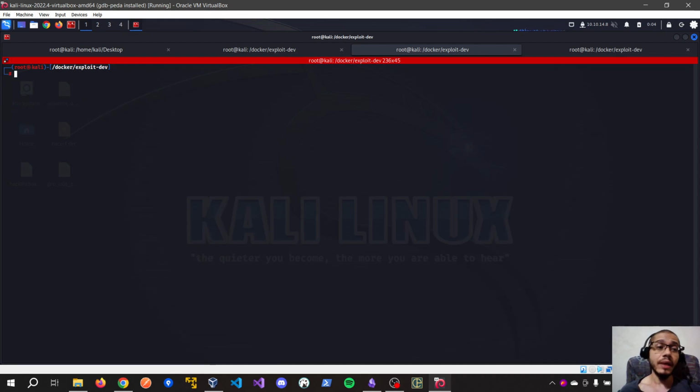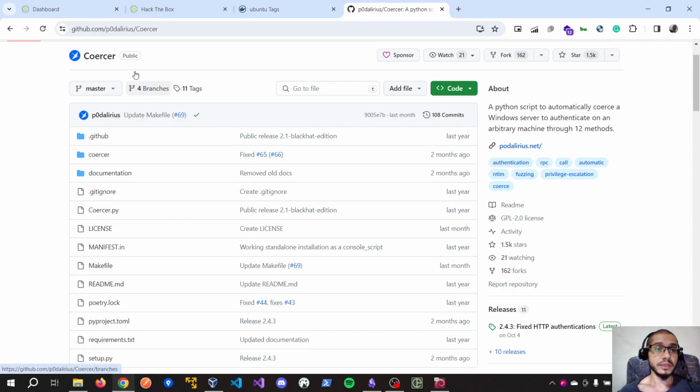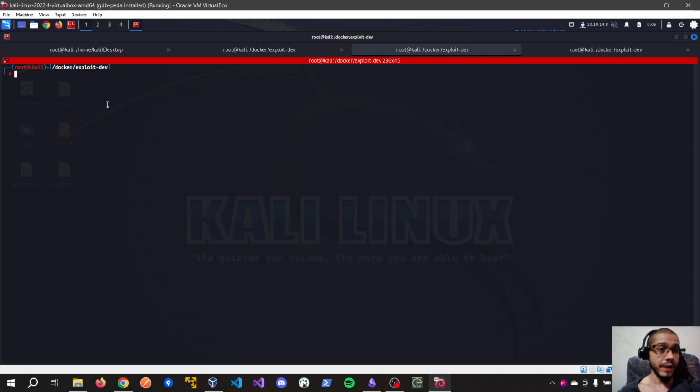So the idea is that we are going to use a Python tool, and use this Coercer package as the example. Okay, so let's start. Let's enter into this machine that we generated. For this, we can use a docker run command like that, with an interactive terminal, and we are removing this machine after we are done with it.